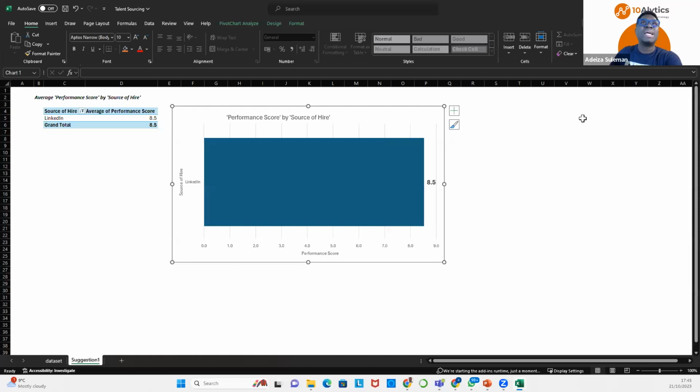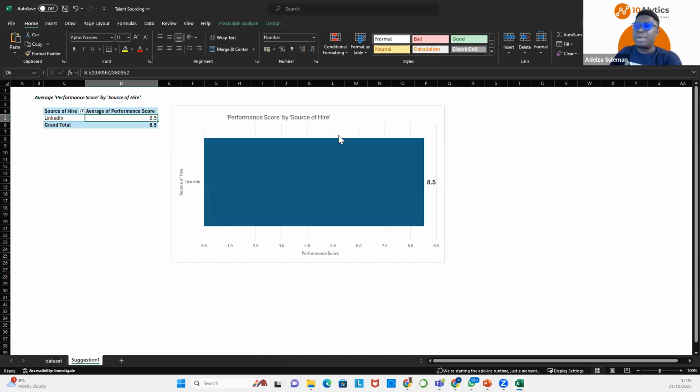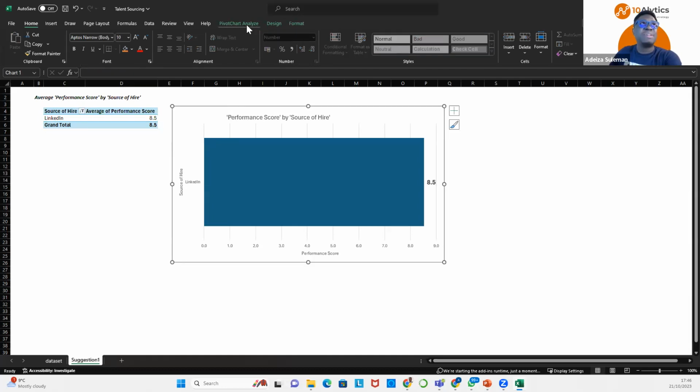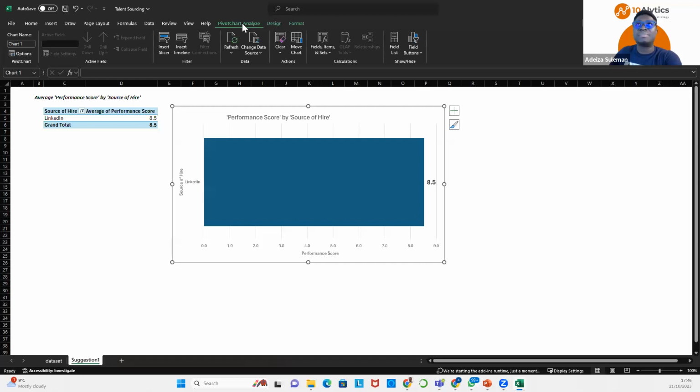All right. And I need to bring out what you call the pivot chart field, what I can use to change my pivot chart or my pivot table. You can either click on your pivot chart or your pivot table, any one. If I'm clicked on my pivot chart, for example, or the pivot table, at the top of my Excel you'd see pivot table analyze. Or if I click on the pivot chart, you'd see pivot chart analyze, depending on what you click on. So if I clicked on the chart and you see pivot chart analyze, click on that.